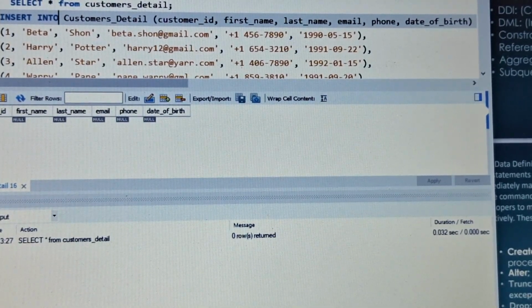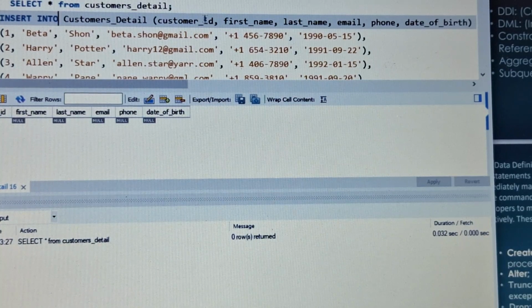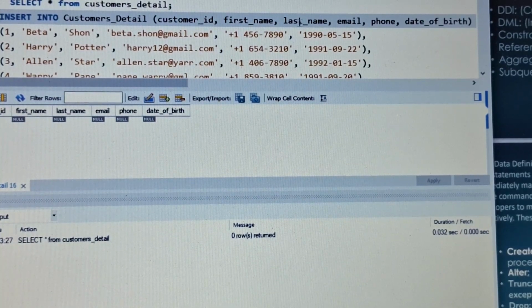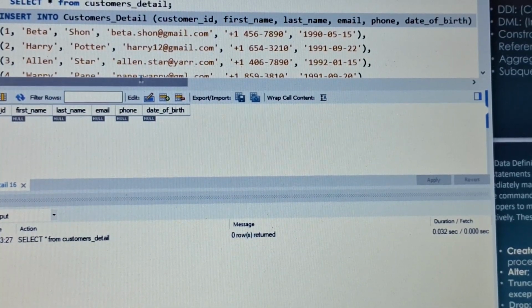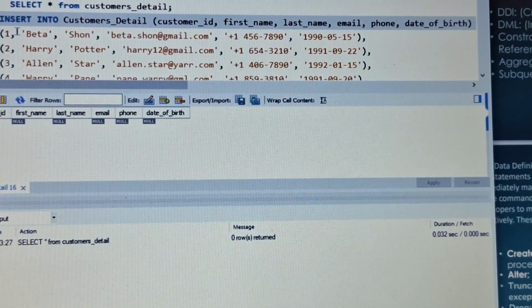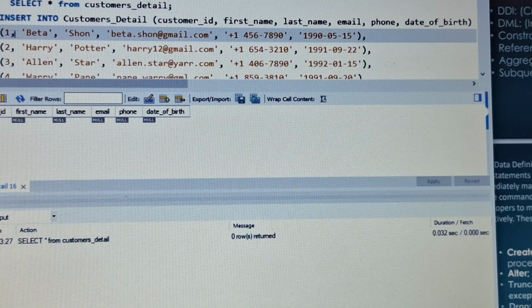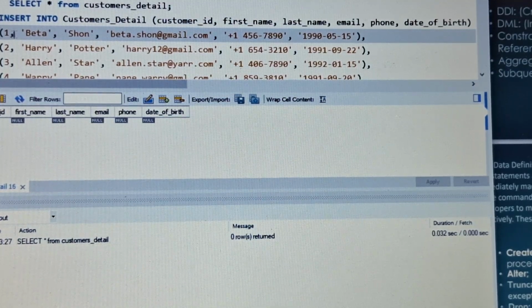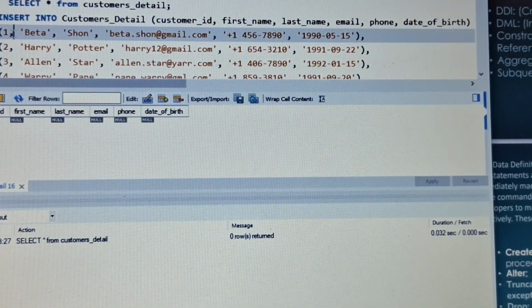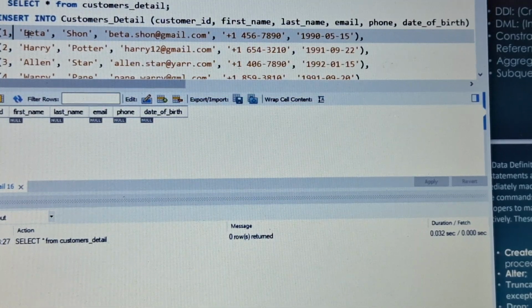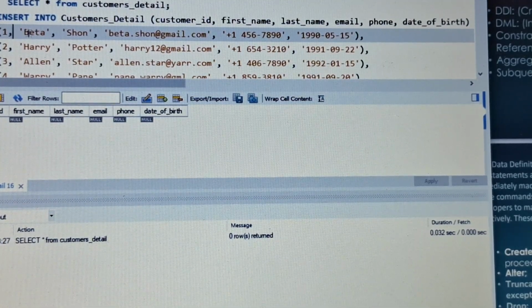Now these are the field names, that is customer ID, first name, last name, phone, and date of birth, and this is the data. Here you can notice the value which was integer or numerical, I have not put inverted commas around it, while other values which are of text or character type are inside inverted commas.